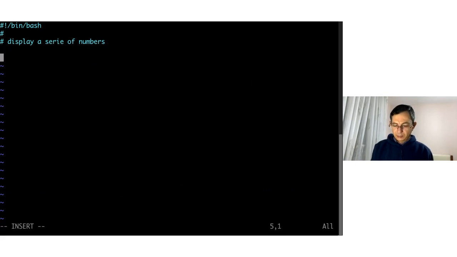And let's keep a count variable and initialize it to 1. And now I will start the while cycle, while the variable count is less than or equal to 5,